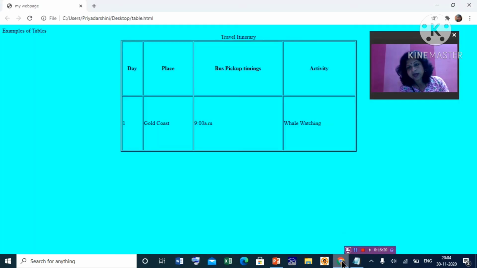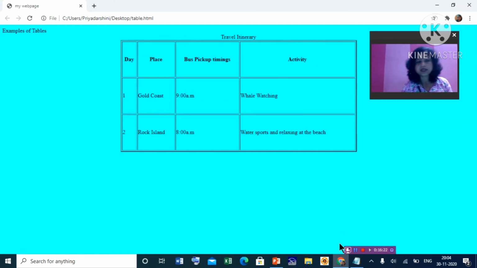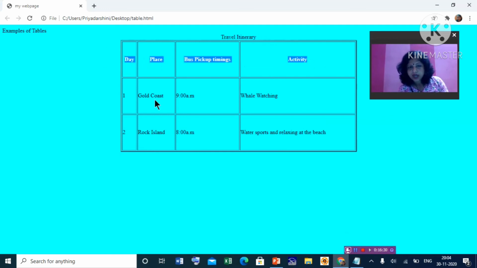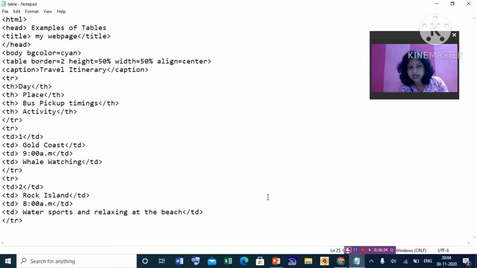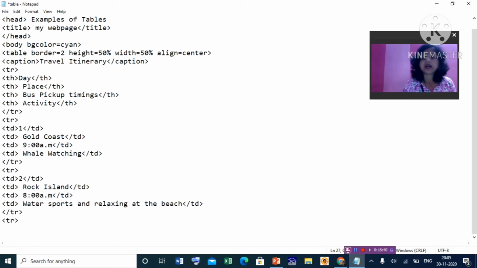Always save and refresh the page whenever we add something. See, this is your table caption, this is your table heading first row, this is your first row, and this is your second row. One more row is there that you can also add. For that you add TR, which always starts a row, table row. Then TD means this row's data, table data.